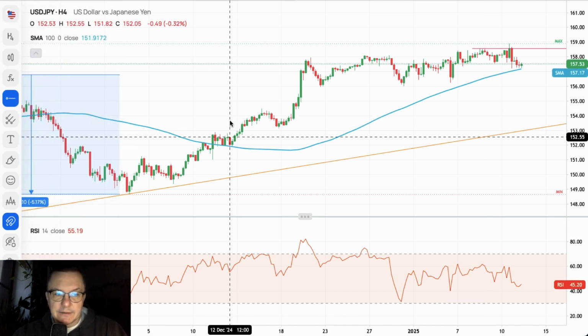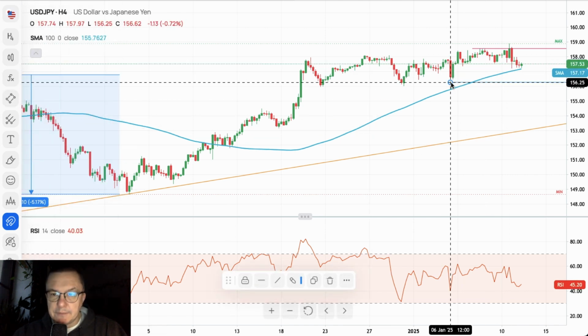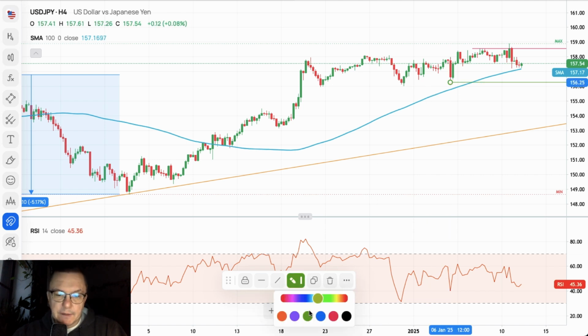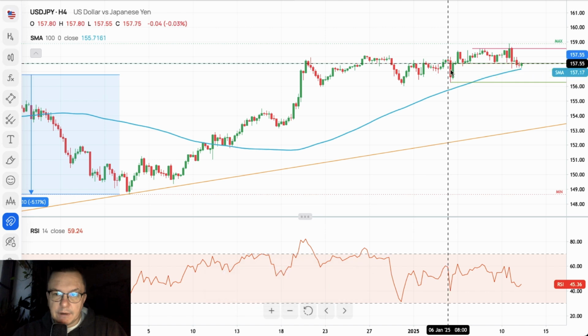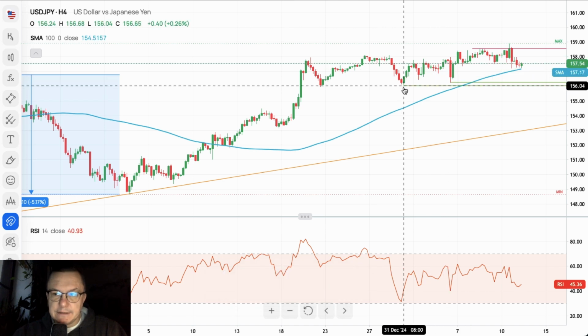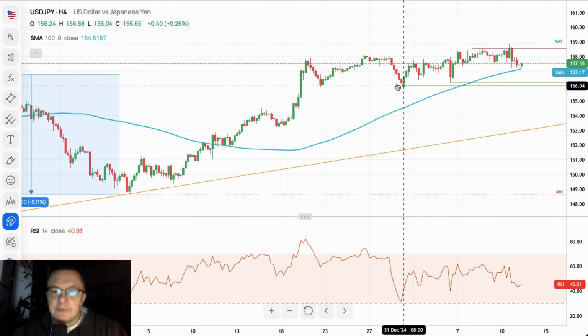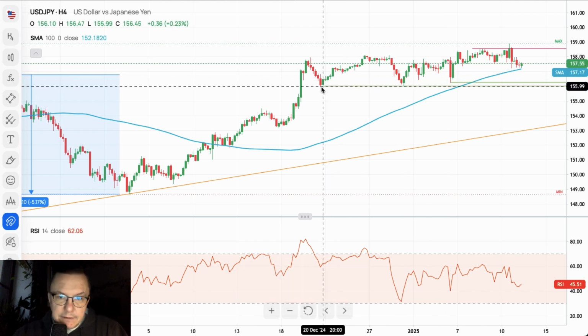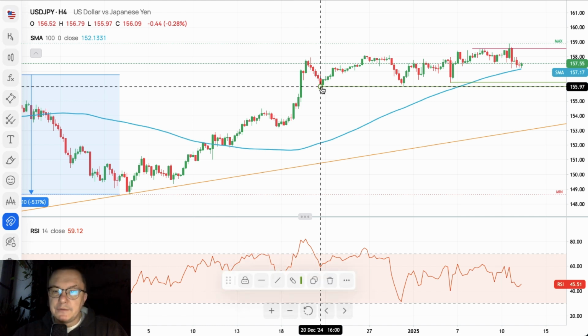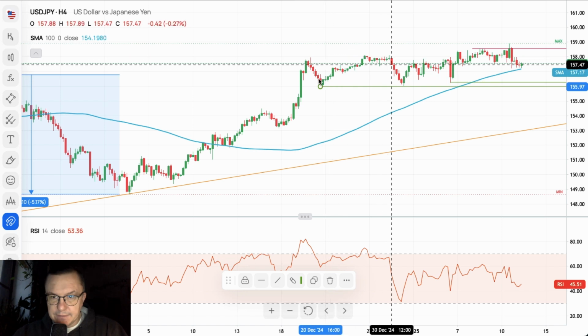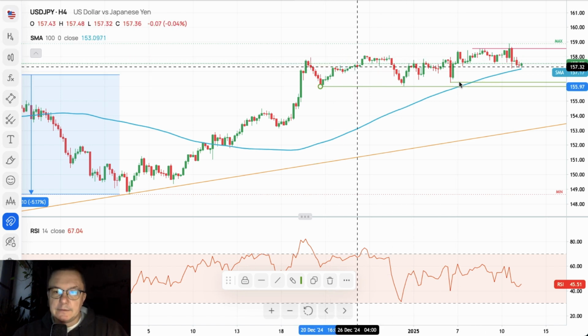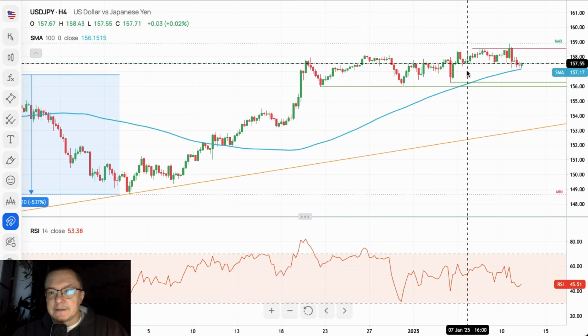is of course the test of these technical supports that were produced on the level of 157.25, and then at the level of 156.04. So 156.25, 156.05. This level is even very close to the 155.95. So this is a very nice zone here, a support zone here, and the zone as well, because as you